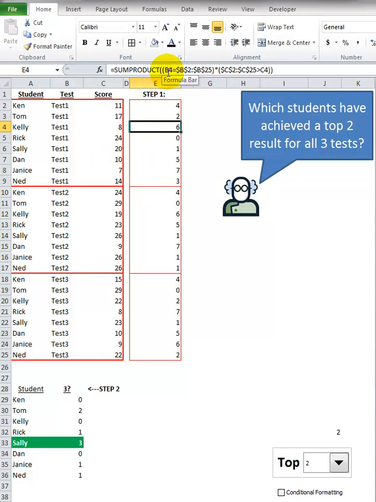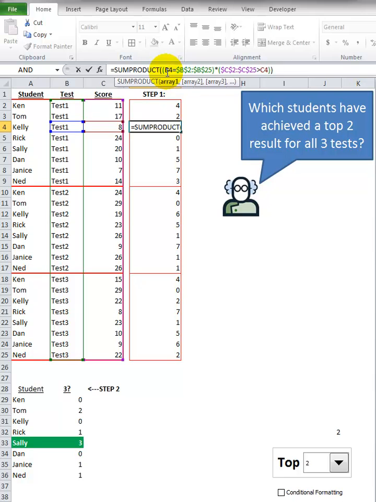So when I click here in the formula bar, you see I say B4 equals, and then I highlight the whole range. So that's basically saying test 1 has to equal just the other test 1s to give me a true every time this is the same. So we're only looking at this test 1 in here. And then the second